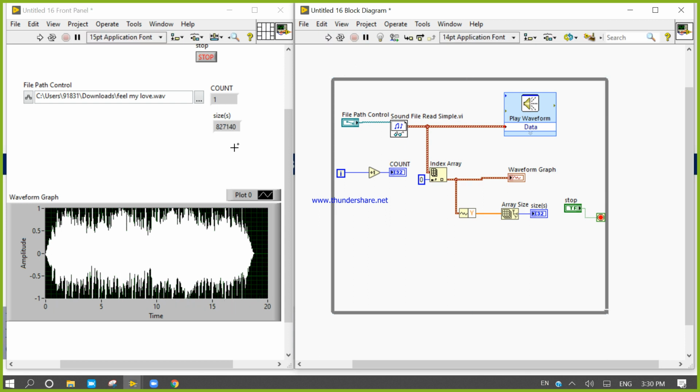There is 8,27,040 data present. 8 lakh. Okay, 8,27,140 data is present.